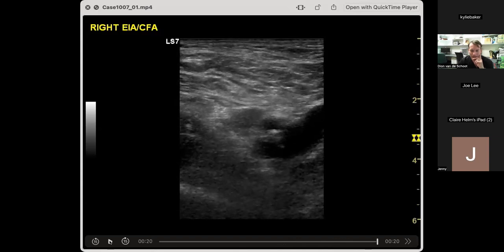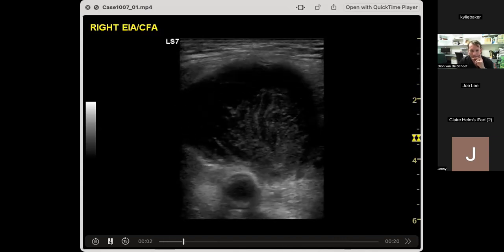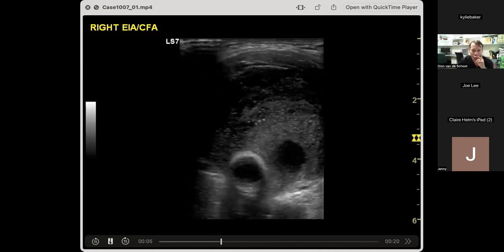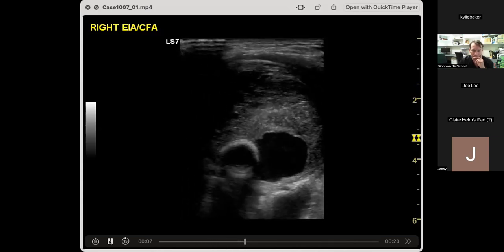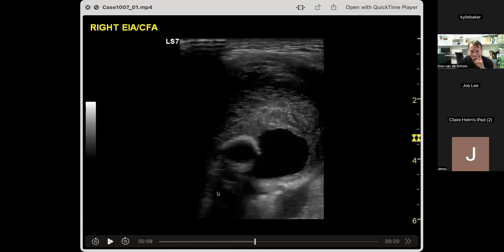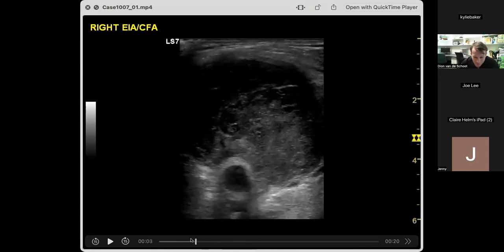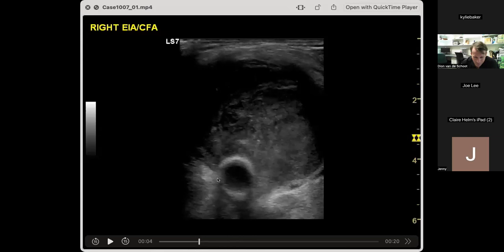Is this an iliac aneurysm with complications with potential rupture? Okay, so if you look there, what do you think that structure there is? I agree with what you've said. The bright white thing there. Is that